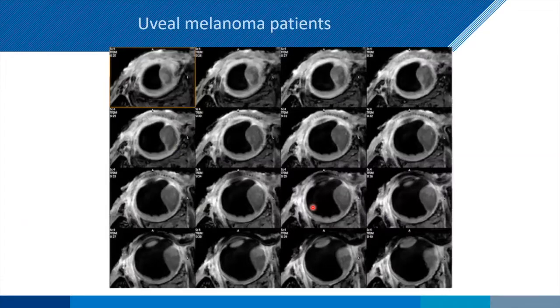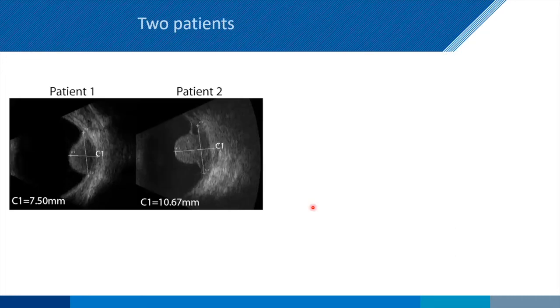And you can see you can then get pretty high resolution 3D images of this tumor that allows you to get very accurate measures of the tumor shape and size. And so if you take these patients, these were a couple of patients, and one of them, clearly 10.7 millimeters, is an enormous tumor that has to come out. What we know though is ultrasound tends to, not in all cases, but tends to overestimate the dimensions.